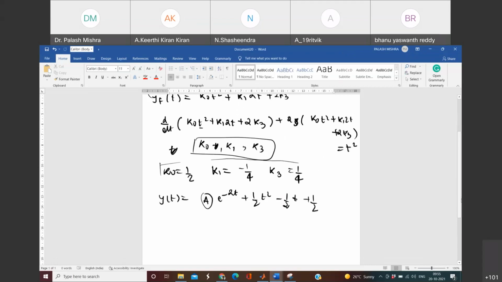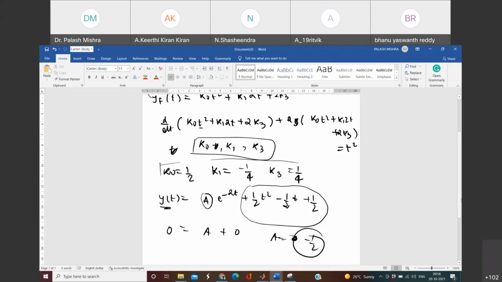So please note it down that this final coefficient a of the natural response of a system you will always find out after finding the forced response first. The forced response coefficients you find by putting the forced response in the differential equation, and then you find the constant for the natural response by using the initial value. At time t equals 0, the response is 0. So you can write it as a times 1 plus 0. So a value will be coming out to be minus 1 by 2.